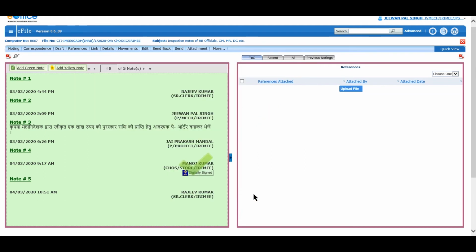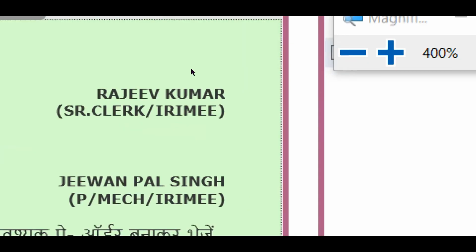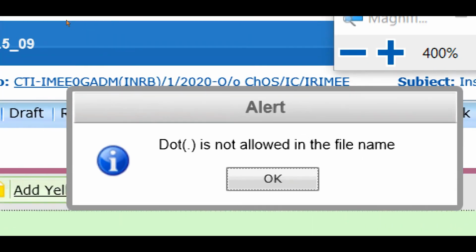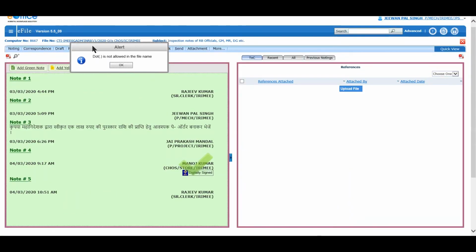Any file with a dot character in the middle of the file name cannot be uploaded. Repeat the procedure for multiple files.